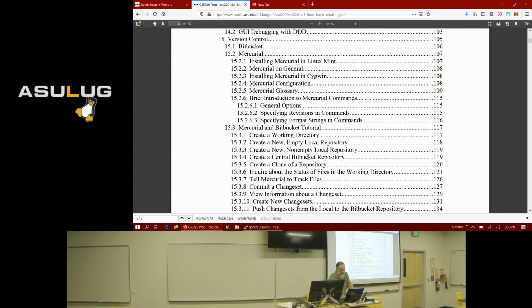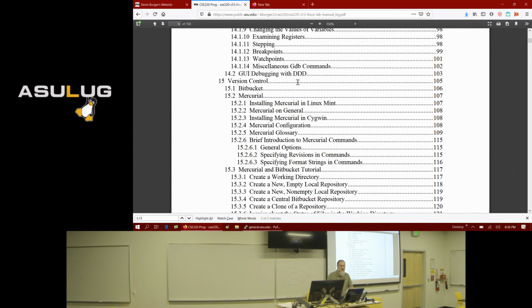What version control does, this is source code management, SCM is the term that's often used, is it's like a repository where you can add, say, source code files. So you're working on a project, and you want to try something out, but you're not sure if it's going to work. And if it doesn't work, you want to go back to the original version of the file that you had.